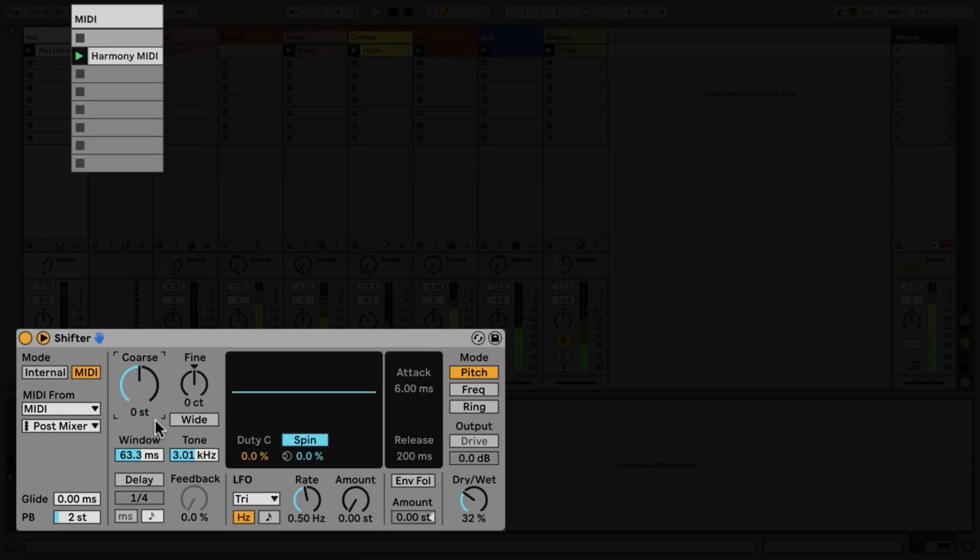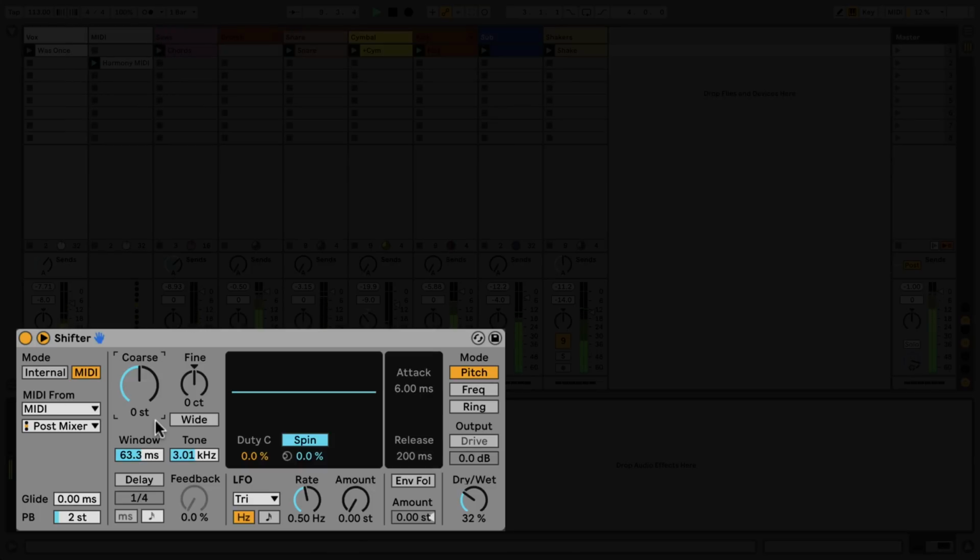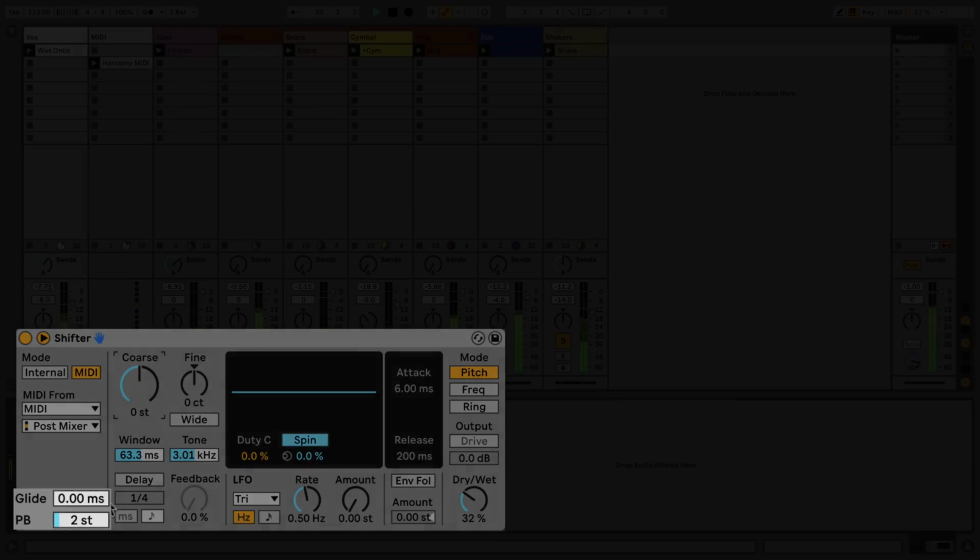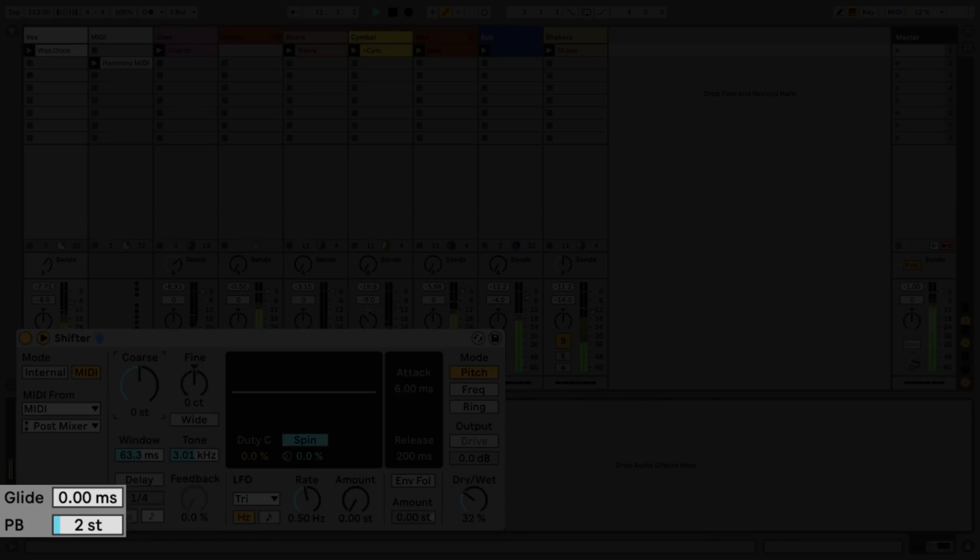Be aware that Shifter is monophonic and will always respond to the last MIDI note it receives. The glide parameter adjusts the time in milliseconds over which notes will slide to the pitch of the next incoming note. You can set the pitch bend range between 0 and 24 semitones to define the effect of incoming pitch